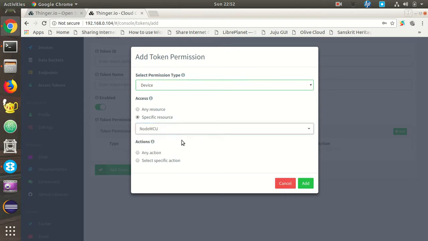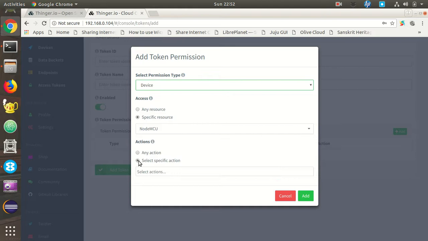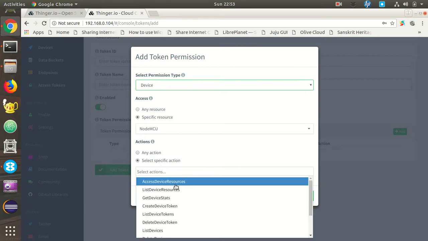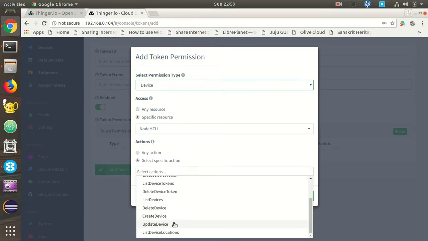Now if you have 10 devices, then 10 devices. And you can select the action also, what specific action you want to take on that. Like suppose if you want to give the read-only access to the device, you can create your device token here